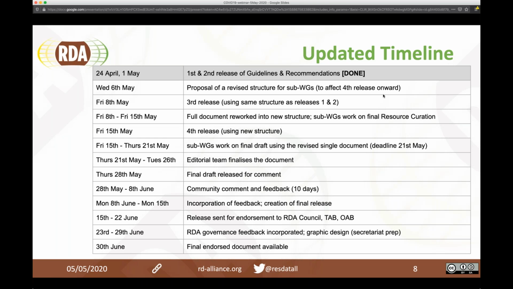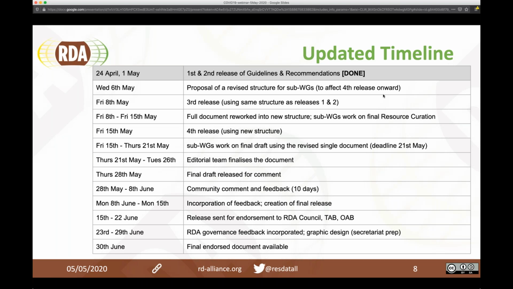Once that release is available, and again available to the community for commenting, then we have an editorial team, which I'll introduce in a minute, which will look at a reworking of the document to put it into a common structure and language across all sections. And that will result in a fourth release on Friday, May 15th,